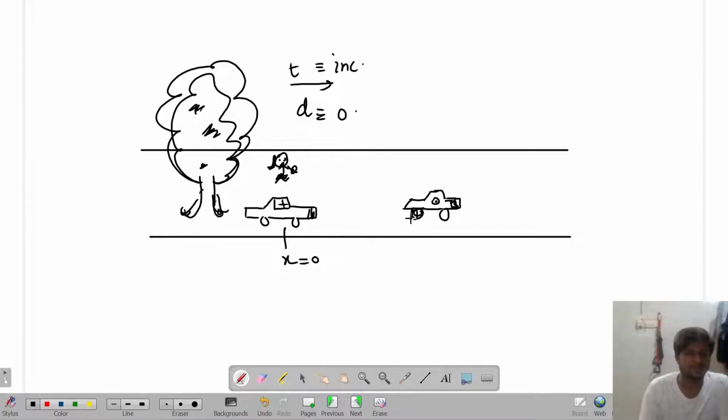Now you try to understand. Let's suppose here the velocity of the car is still 0. What will happen? The car is not going to move. After 1 hour also, if my observer is watching this car, what he will observe is that after 1 hour the car is still there. After 2 hours the car is still there. After 3 hours the car is still there. After 4 hours the car is still there. But there is one important point. What you are going to observe is that this car is at some distance away from the observer. Yes or no? It is at some distance away from the observer,